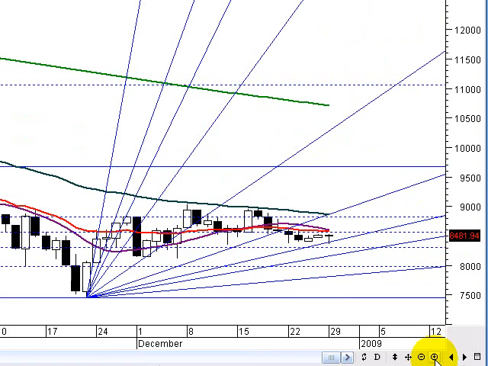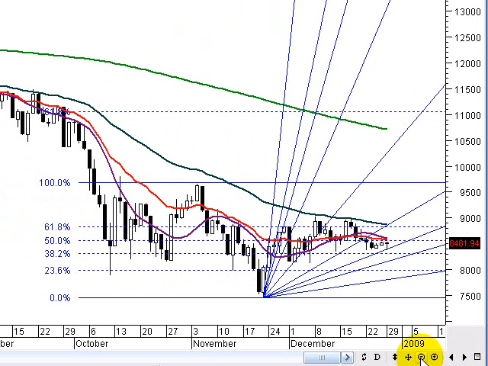Let me enlarge this for you. There's the 50-day moving average. The red is the 20, and the purple line is the T8, my 8-period moving average, and there's the 200-day moving average. So that's what we're playing under at this point, and you can see that this lower portion of the